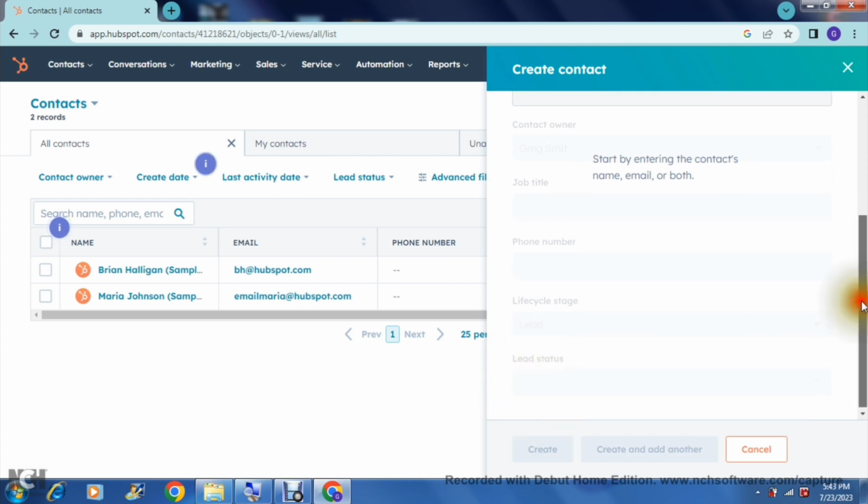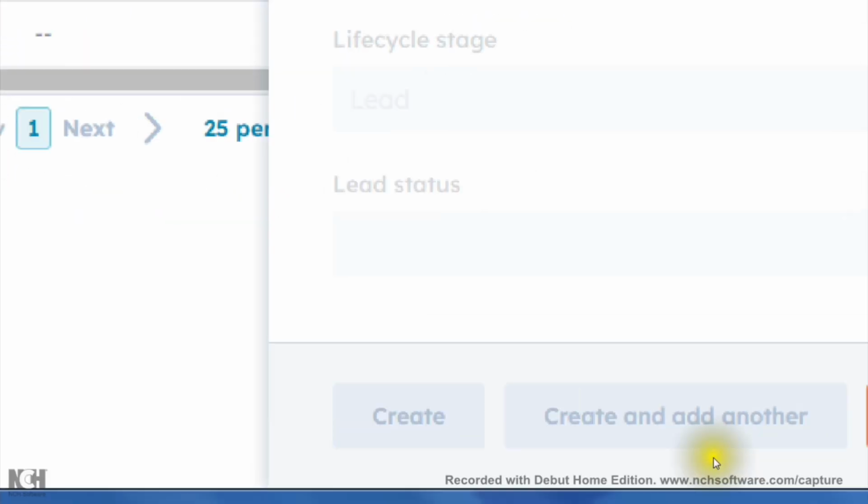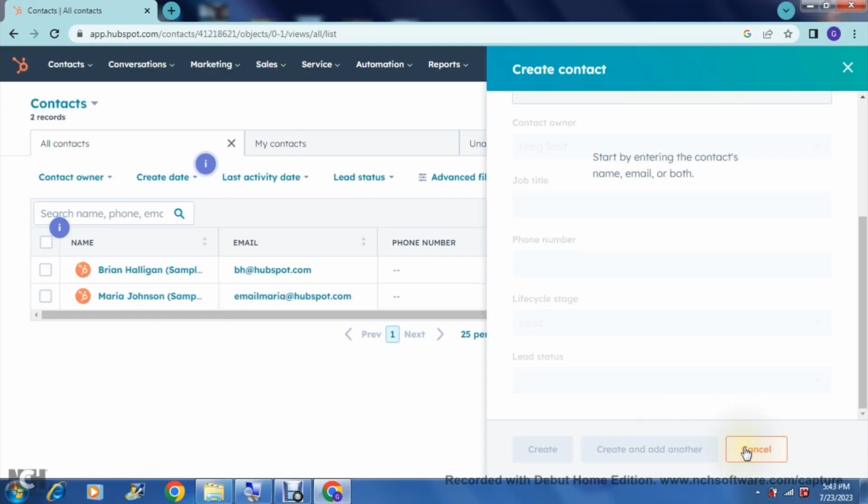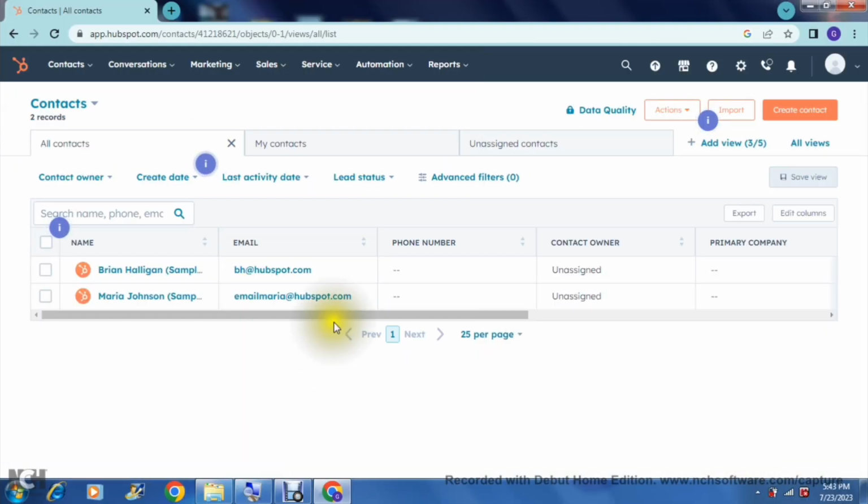So once you've done all that, at the bottom over here, you can either create or you can create and add another contact, if you would like to. It'll bring you straight back into this window. For now, I'm just going to say cancel. We do have some email addresses over here, and the next thing we are going to do is go up